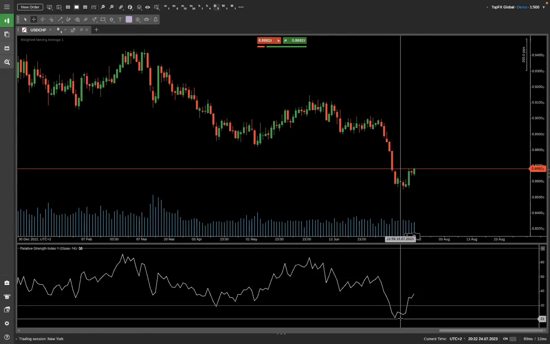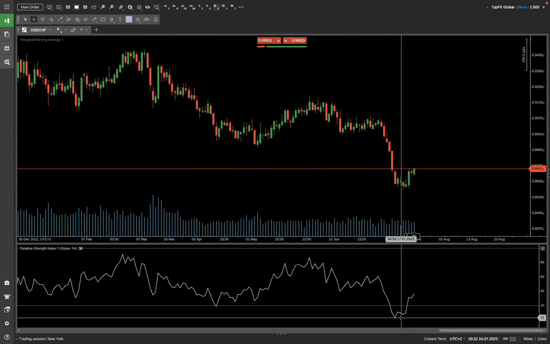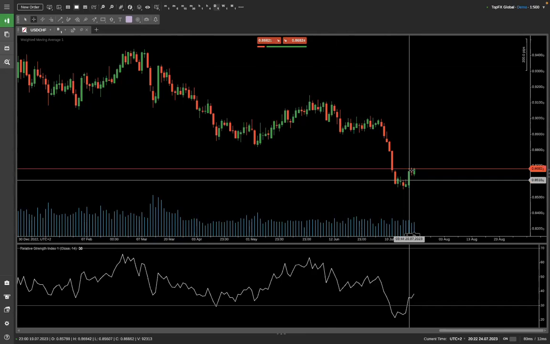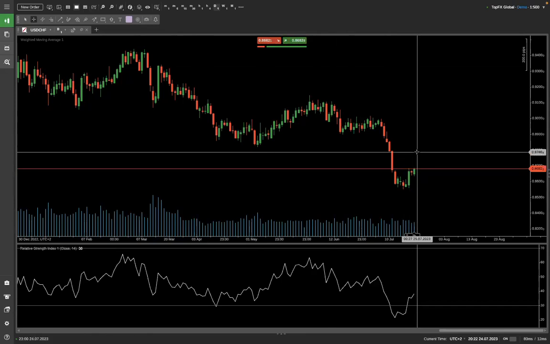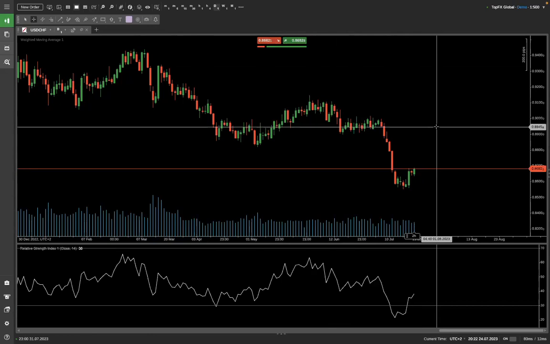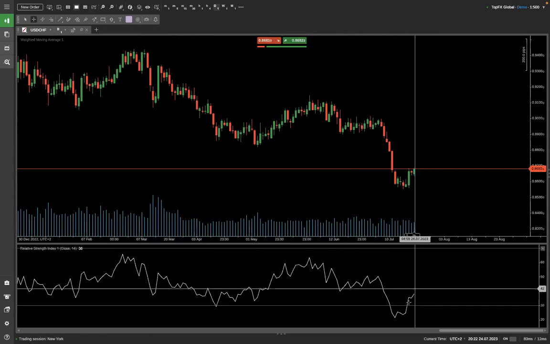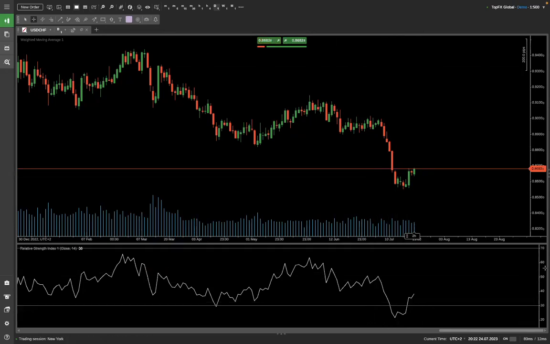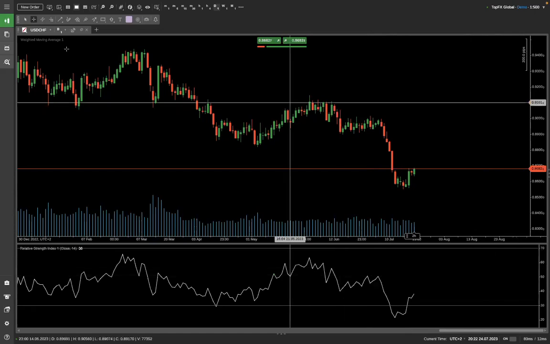However, of course, we got the extremely oversold reading here, 21 points. So from these levels here, the market might be ready to pull back higher towards some kind of a certain level, like a technical resistance or moving average or something else. Okay, so please be aware of the situation when the market is hitting these oversold and overbought levels. However, if the market is trending, it might be kind of tricky